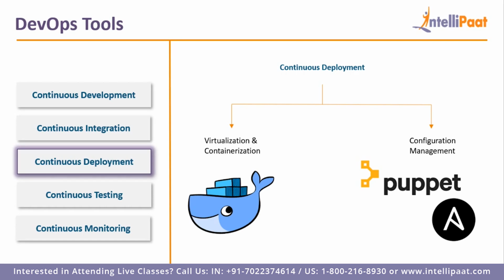And then coming to Puppet and Ansible. Configuration management means you might have a master server and there are many client servers. So what you can do is install the Puppet agent or the Ansible agent in all of those client servers, and you can also have Puppet and Ansible installed in the master server. So what happens is every time there is a change in your code, when it is built and tested and those binary files are pushed for deployment, whenever there is a change in configuration, Puppet will enable that,